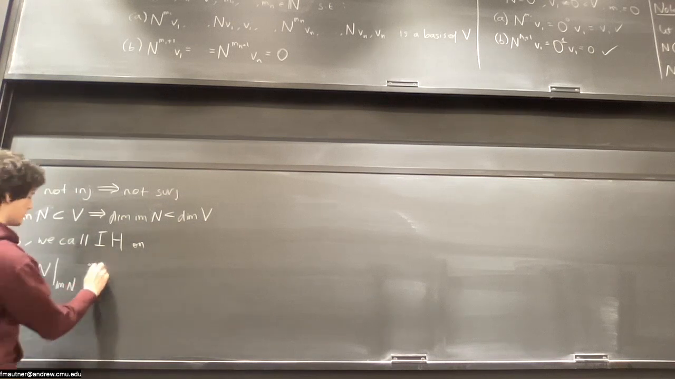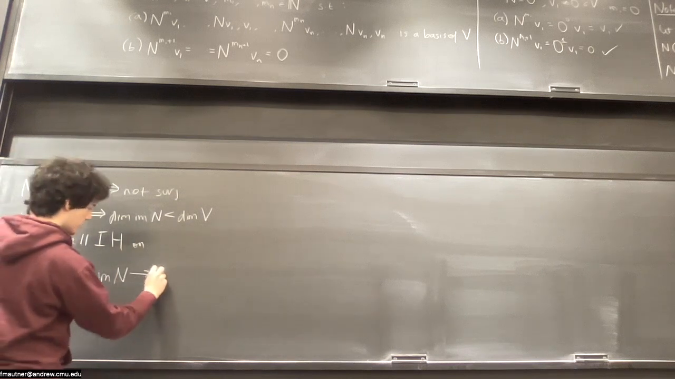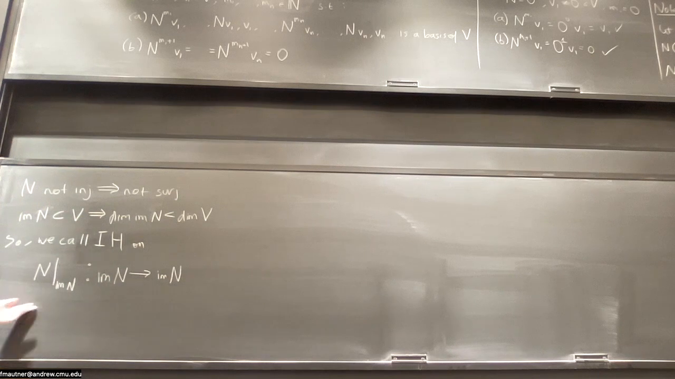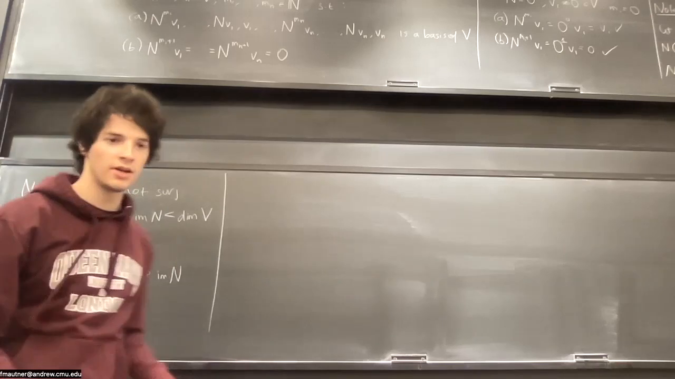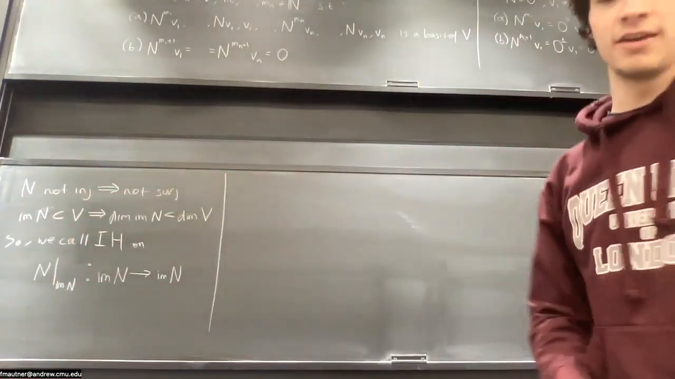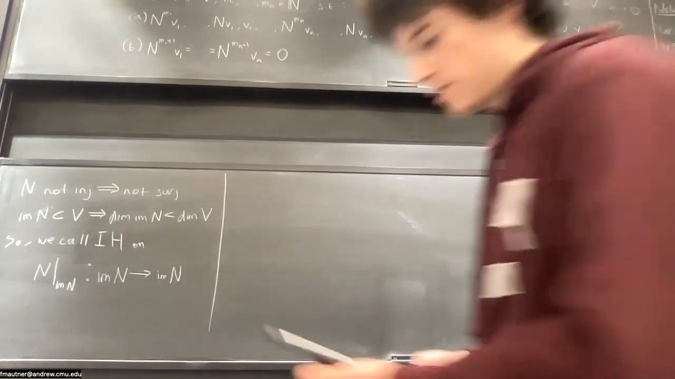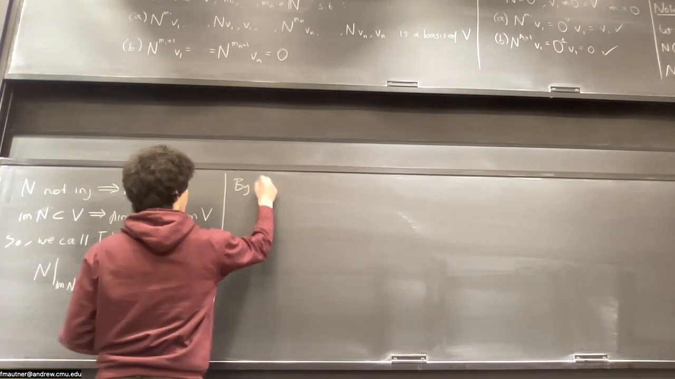So this restriction map from the image of N to the image of N follows the induction hypothesis. That's the map that we are applying the induction hypothesis on. And so let's write out what we mean here. By the induction hypothesis,